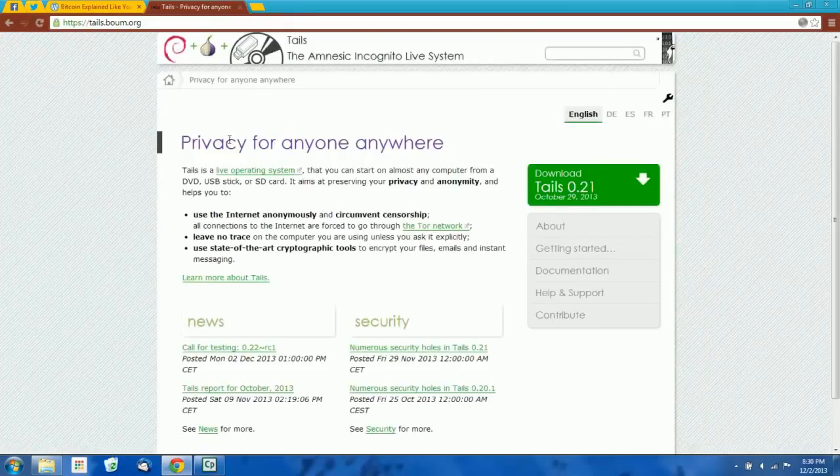Okay, Tails is a Linux Live system. It stands for the Amnesic Incognito Live System. Here's the URL here, where you could just